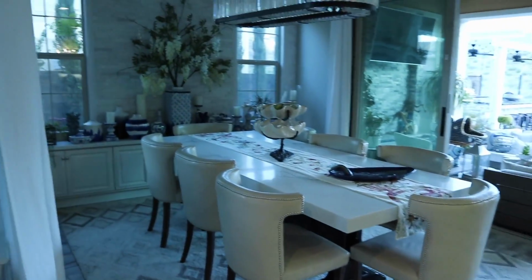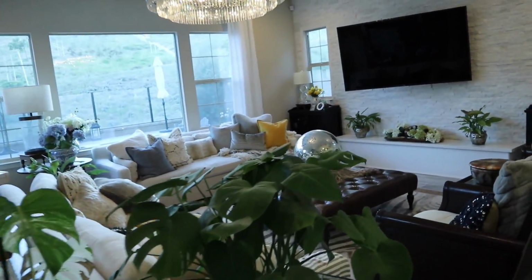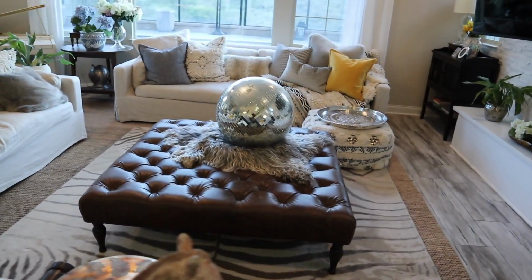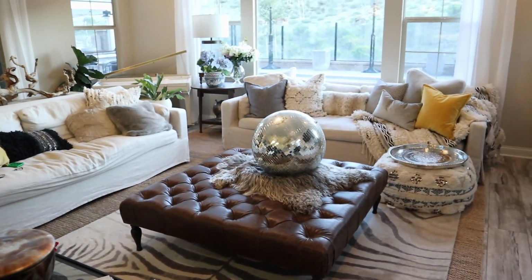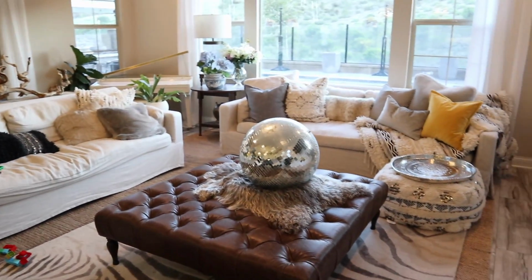And you guys have seen the dining room before in past videos. And then this is the redone living room. I really didn't do too much. I honestly just changed out the carpet, so the zebra carpet that was in the library is now here. And excuse the mess, the kids were just running all over. There's still some Legos on the floor, but